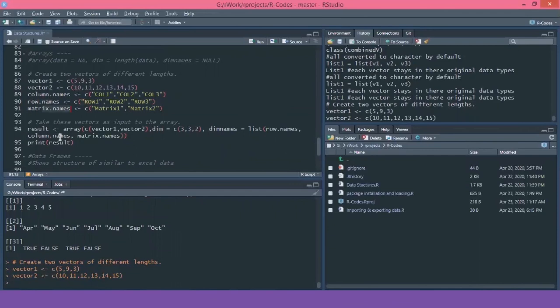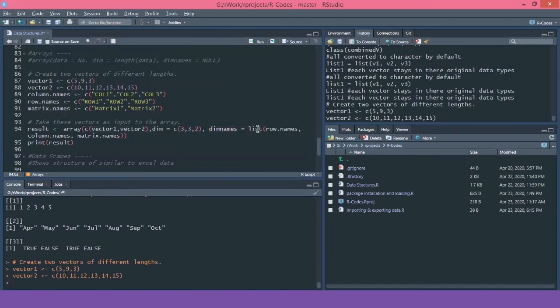Now we are creating an array out of this data. I have saved that value in the result variable. I have given the command array, combining everything inside this. First let's combine the two vectors, vector 1 and vector 2. Out of these two vectors' values, I am giving the dimension that I want: 3 rows, 3 columns and 2 matrices, and I am giving the dimension names.